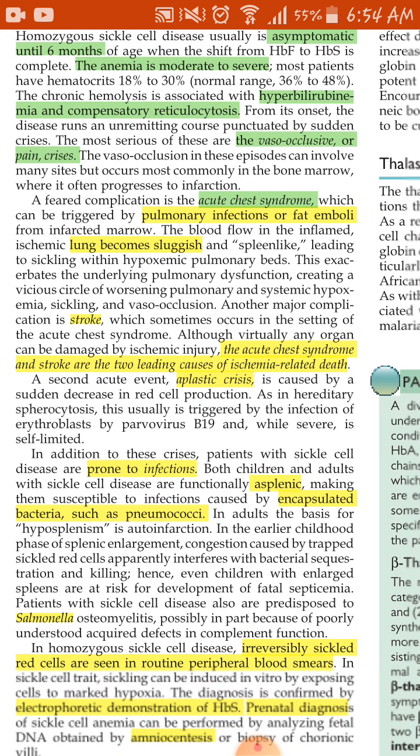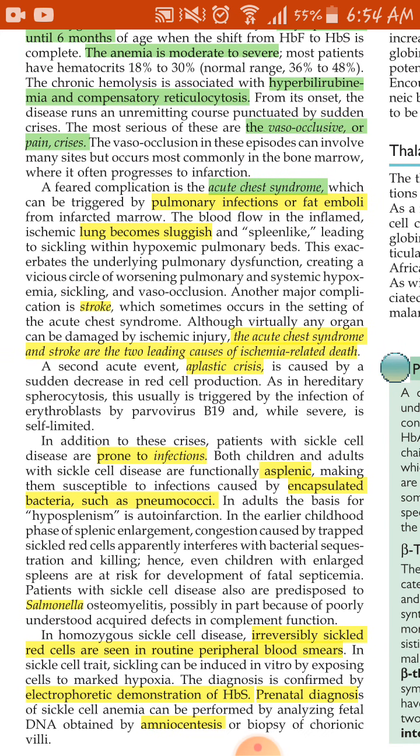Then there is a condition known as acute chest syndrome, which can occur in a person who is suffering from sickle cell disease. Basically, what happens is that if a person is suffering from sickle cell disease and at the same time suffers from some pulmonary infection, then due to this pulmonary infection, the blood flow in the kidney